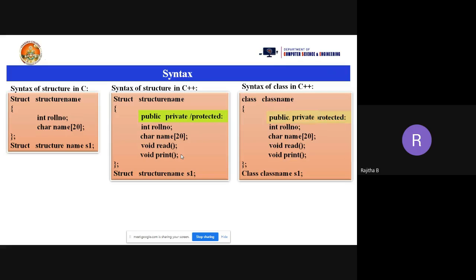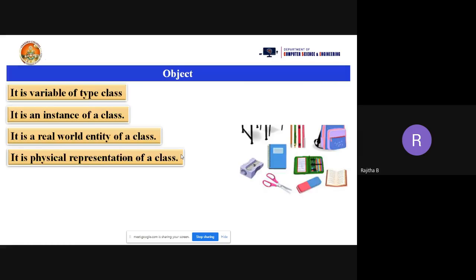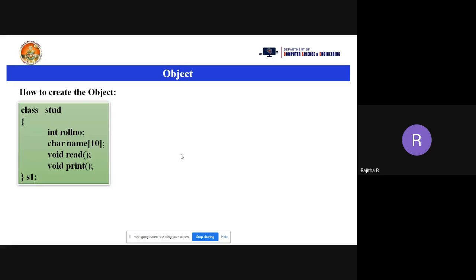Now come to the next point. How to create the object? What is the syntax to create the object? See this one. This is the class and the class name is stud here. What are the data members here? We have roll number, name, read function and print function.